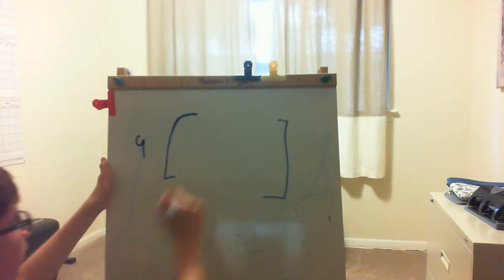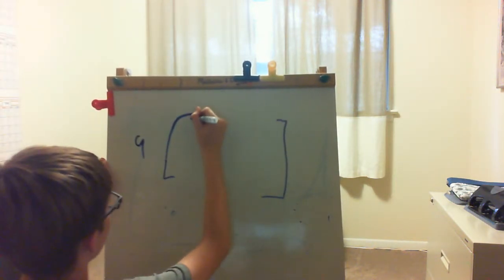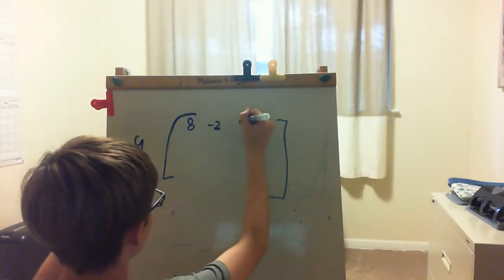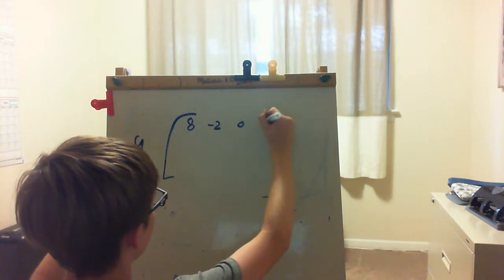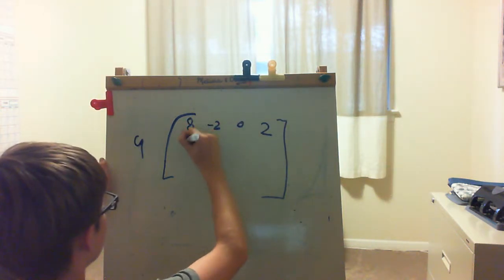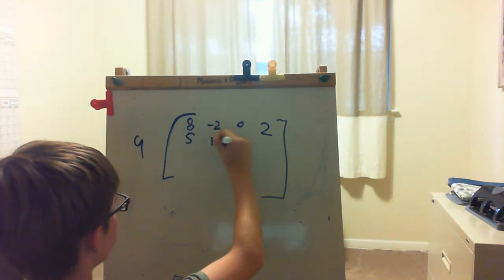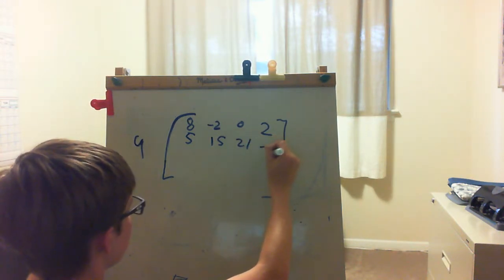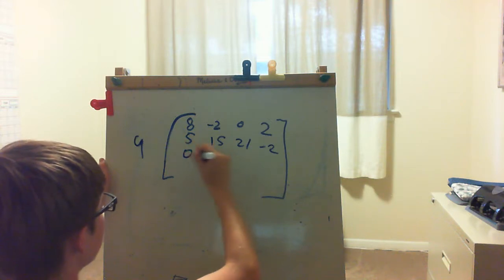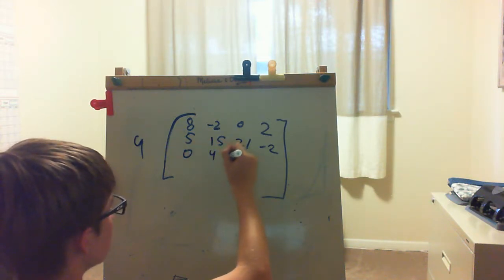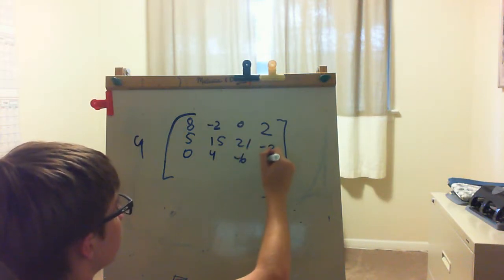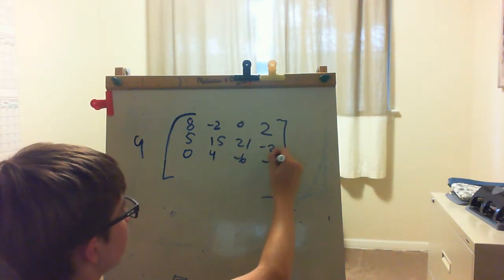Okay, so 4 times: 8, negative 2, 0, 2, 5, 15, 21, negative 2, 0, 4, negative 6, negative 18,